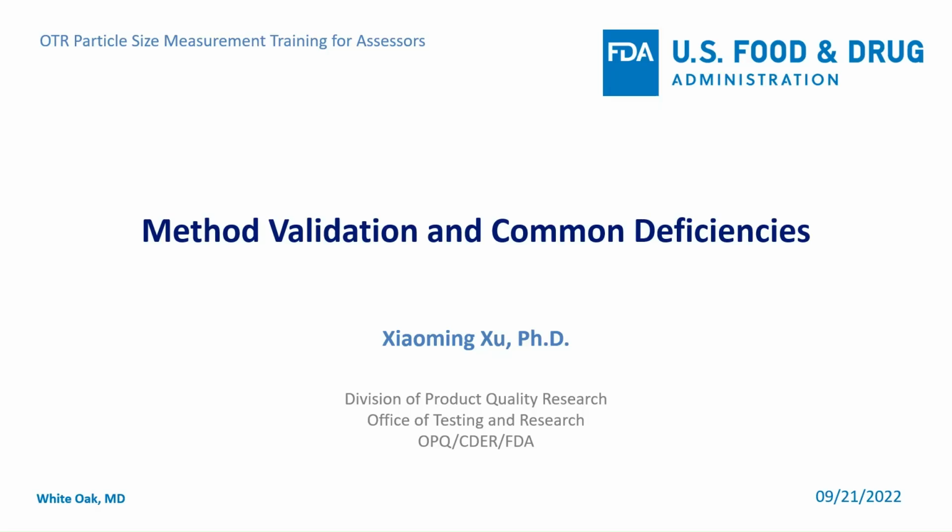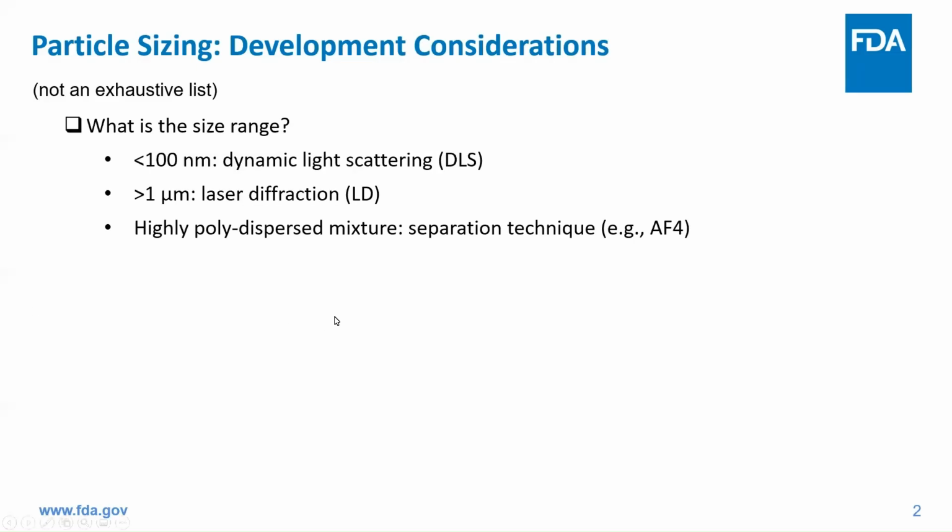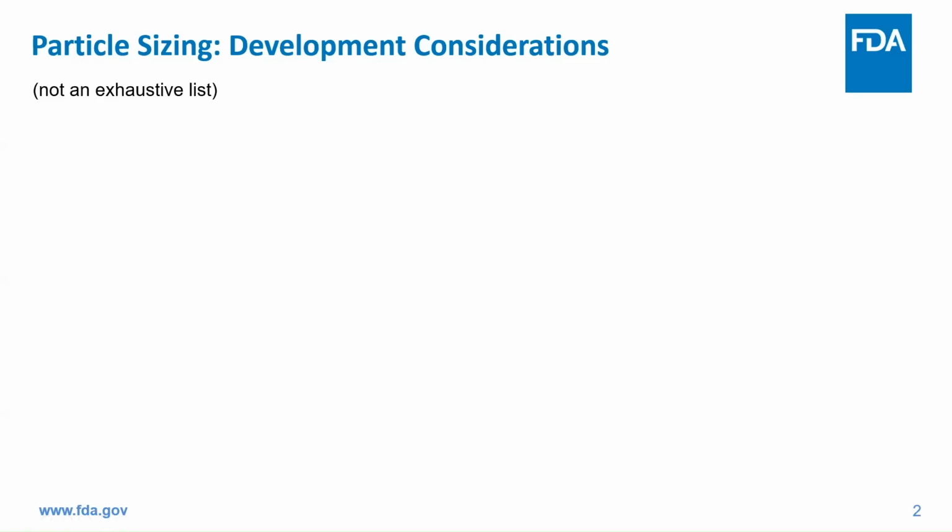So I picked a few examples just to help summarize some of the things we have learned in the last few days. So beginning of that discussion, I will try to go over some of the general considerations, and these are usually for the developer, so basically the applicant. But I think it's equally relevant for you as assessors, because the difficulty that the developer typically encounters, I think it's good that you are also aware of, so you can take it into consideration